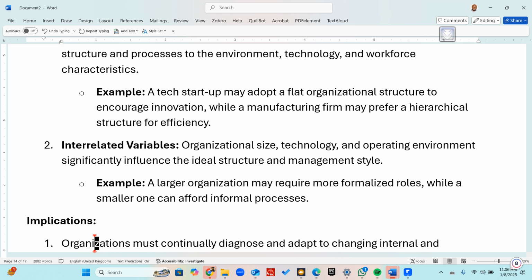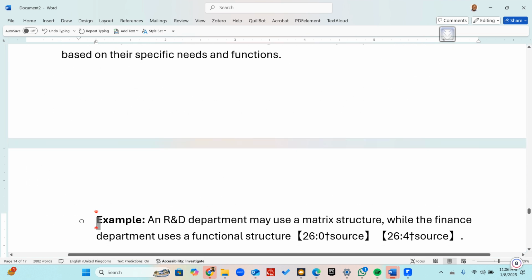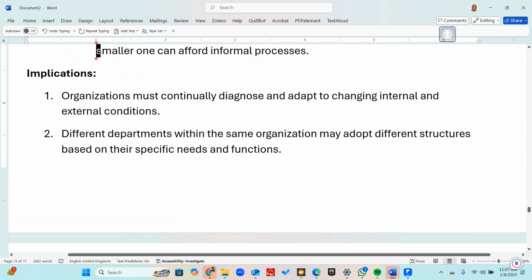Interrelated variables, organizational size, technology, and the operational environment significantly influence the ideal structure and management style. Implications: the organization must continually adapt to changing internal and external conditions so that it can meet all its needs. That's the contingency approach. Different departments within the same organization may adopt different structures based on specific